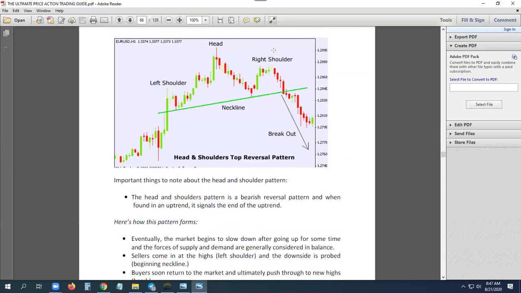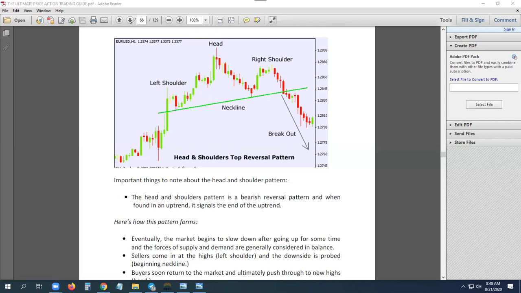Let me give you that. If after this breakout, let's say the market went down slightly and then went back to the same level, that would be a pullback. The neckline is resistance because it was support. That's why it stopped the market here, stopped the market here. Now it has been broken. We know broken support is resistance. So when the market comes back to the neckline after the breakout, this will be a pullback trade. Look for a signal here to sell, a bearish candlestick pattern to sell. But sometimes it will break and continue just like that without a pullback. Okay.